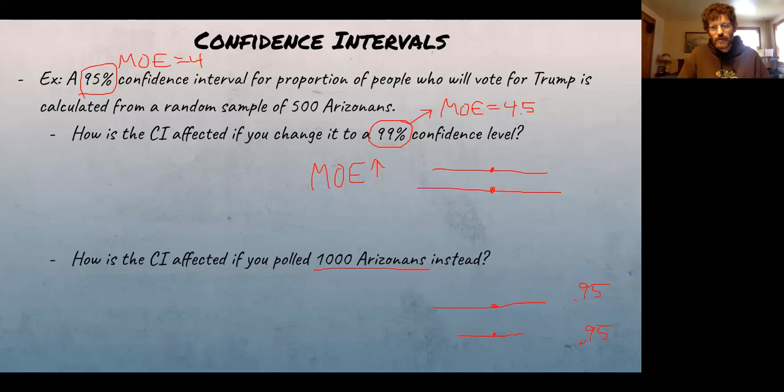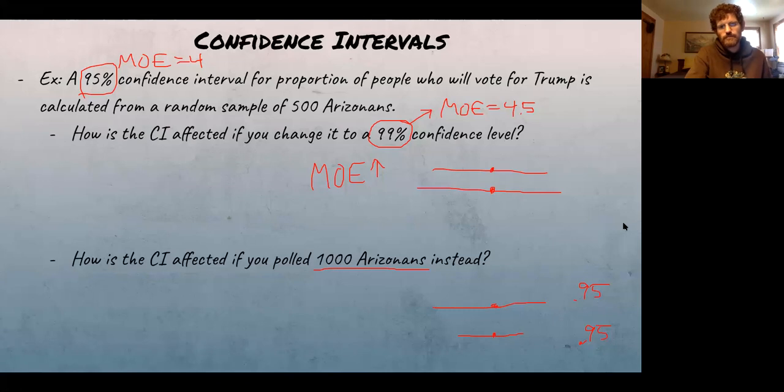Okay. Really important concept right here. It's important to understand how sample size and confidence level affect that. It's going to make more sense tomorrow. In some sense, maybe I'm doing this a little out of order, but I just wanted to spend the day going conceptually over things, and tomorrow is going to be the calculation day. So conceptually, confidence level is directly related to the confidence interval, and sample size is inversely related.